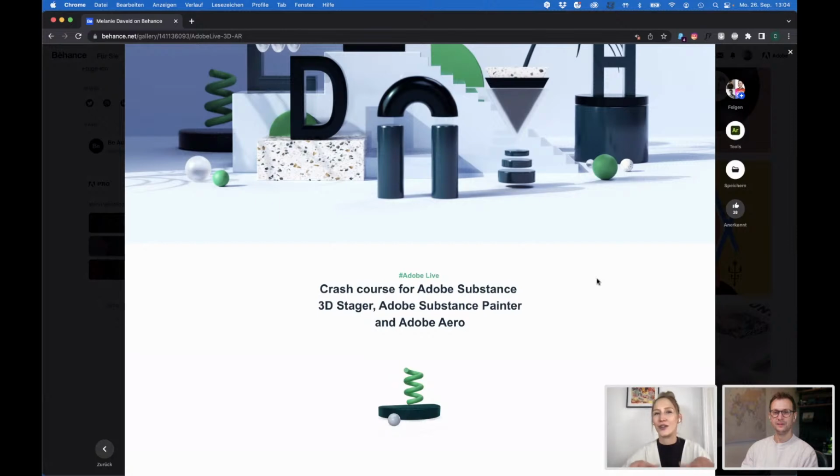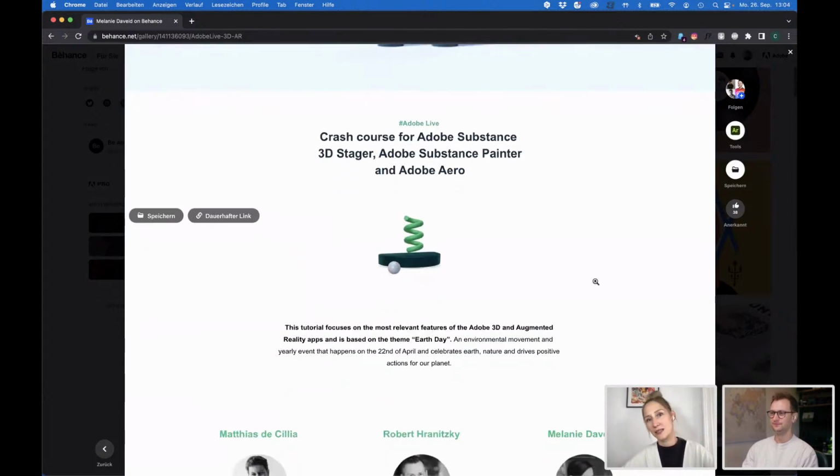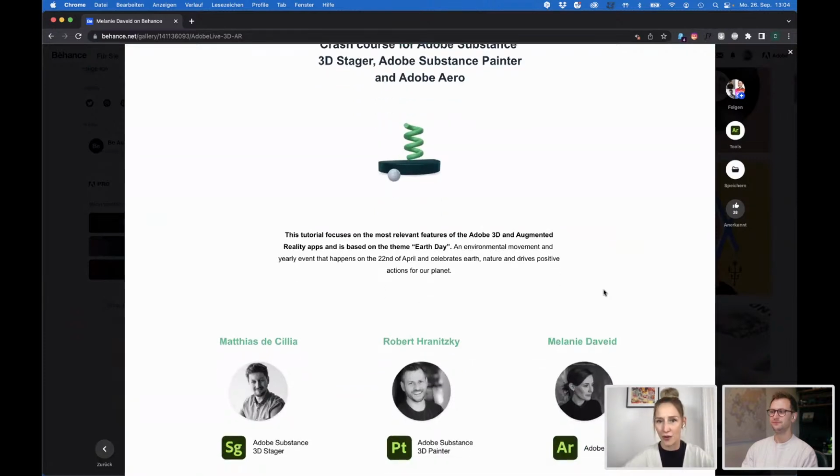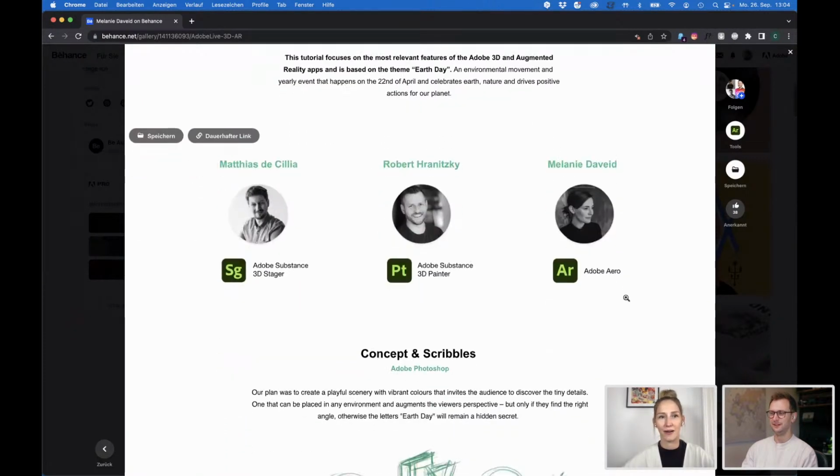He created the surfaces and did all the things in Adobe Substance Painter. So Matthias did the stager thing. Yep. Robert did the thing in Painter, and Melanie created a nice augmented reality experience in Aero. So cool. Here are all three of them.